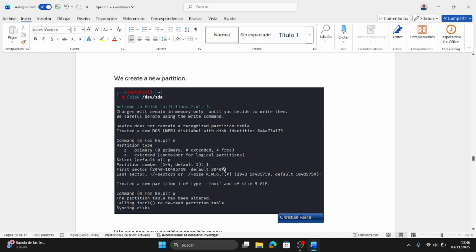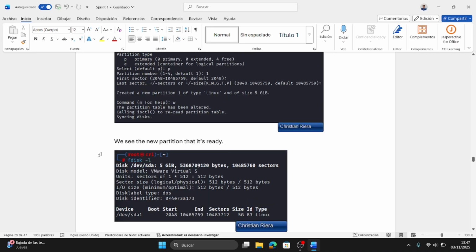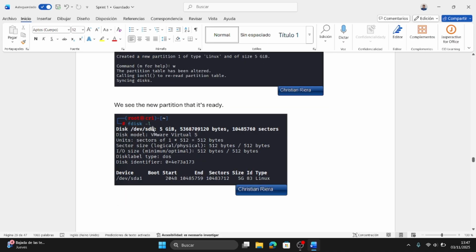The space, we can leave any number, and we are going to see the message that the partition table has been altered, and it's going to create the partition. With fdisk -l again, we see now the new partition that is ready.